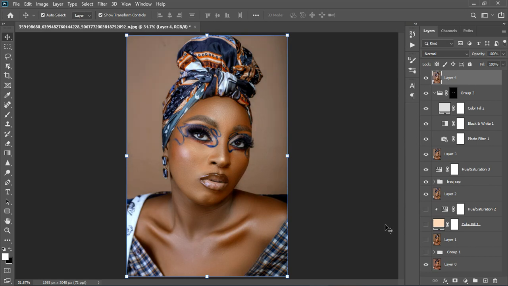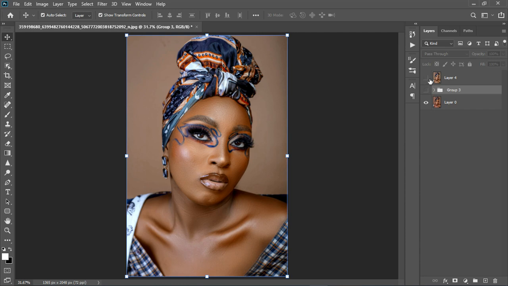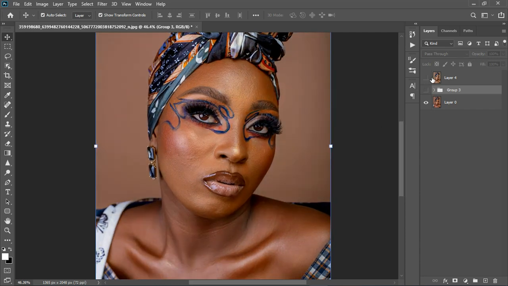We have that dimension. All right, so now let's just group everything from here to here, group it, turn it off, and then we have from this side to this side. Okay, so from there to here. One thing I would like to correct is to create a mask for it. Let's create a mask,